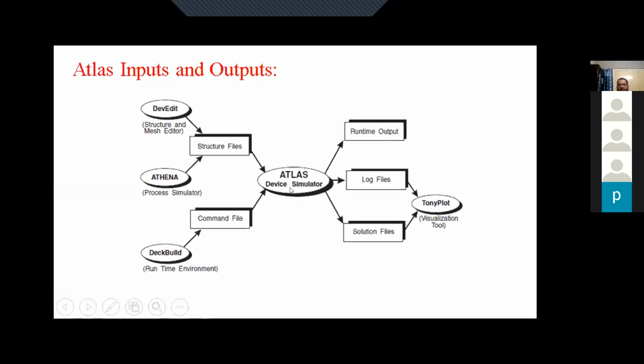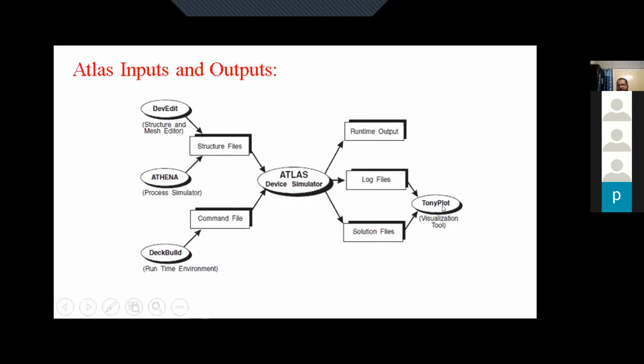Atlas basically solves the Poisson's equation, drift diffusion equation, and continuity equation self-consistently to get the values of the corresponding parameters. The outputs are in three forms: the runtime output that I told you about in the lower window of DeckBuild, and some outputs, log files, and solution files.